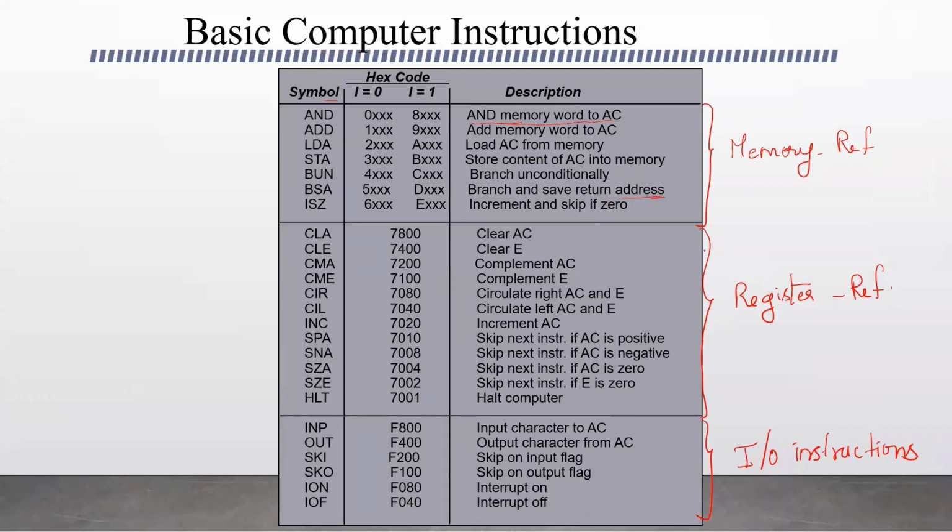The next type of instruction, CLA, and these are all register reference instructions. So they do not have the memory reference; the operations will not include the memory word. CLA is to clear the accumulator. The instructions that end with A, you can observe, perform on the accumulator. And CLE means clear the flip-flop. After the operation is performed, the carry is stored in E, so to clear that, the operation used is CLE.